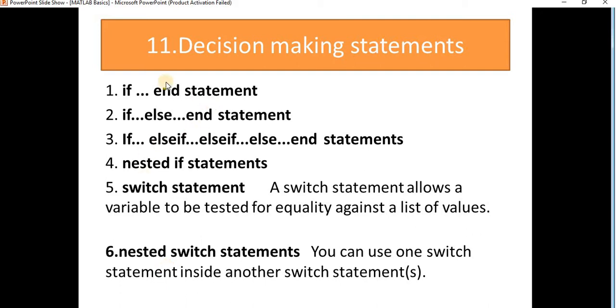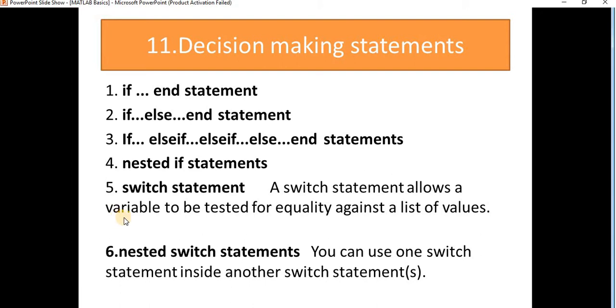An if followed by end is called an if statement. In an if else statement, after that you have to give end at the end of the program for terminating the if else condition. Then the if else if statement, and the nested if statement. If you write an if statement within another if statement, we get a nested if.